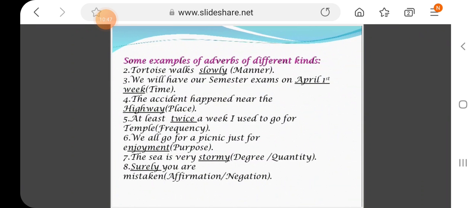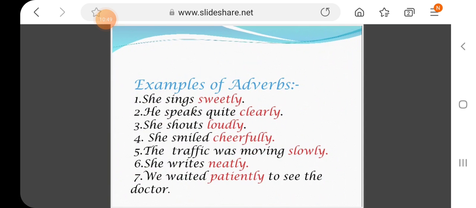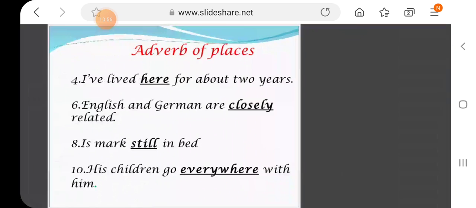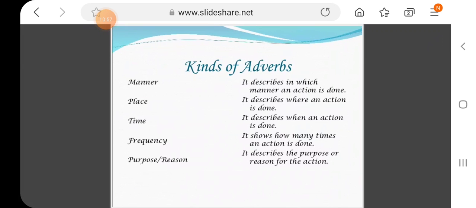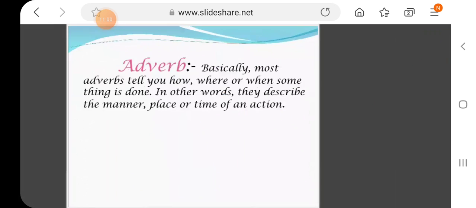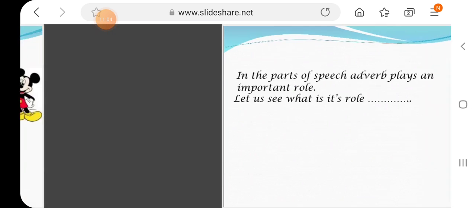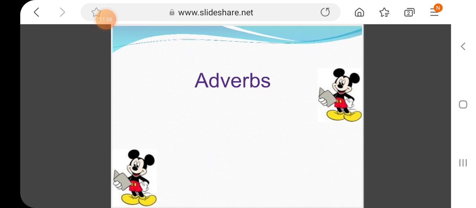Here are now some adverbs that you will identify, what is their kind. So I think that's enough for today's lecture on adverbs. Today I thought I would bring your lecture in this form, and I have not consulted your book for this lecture, but tomorrow we will see how your book explains this topic, because I wanted to make this lecture a bit simple. I will share this lecture with you, this slide share, and you will see the examples